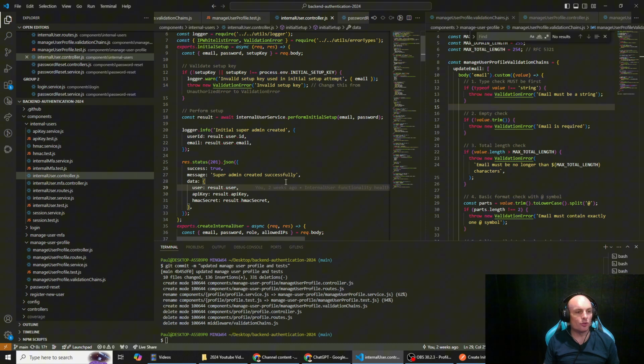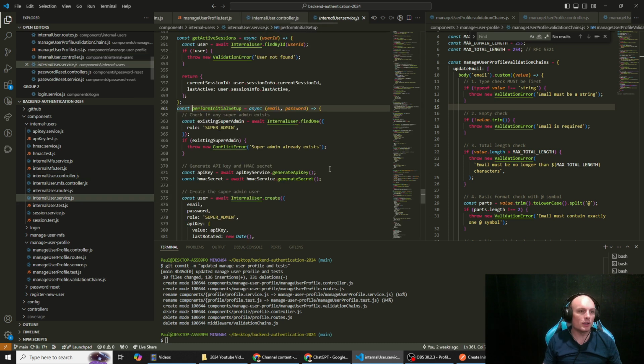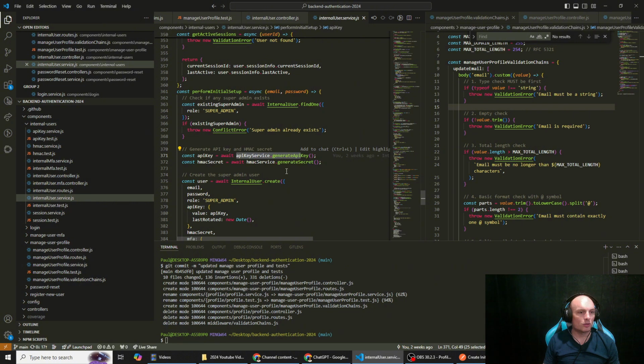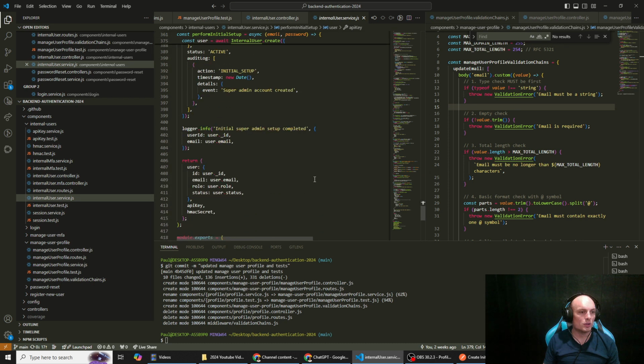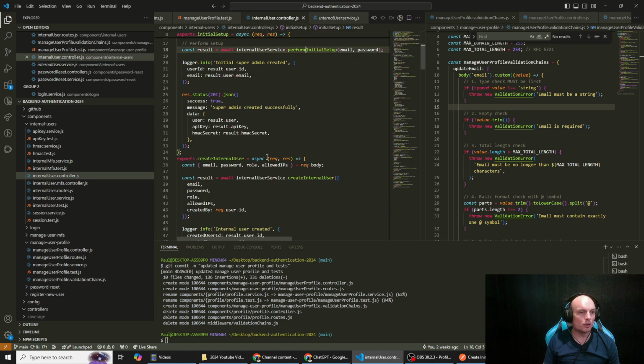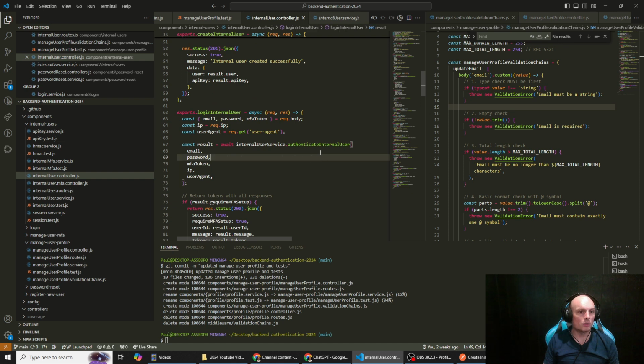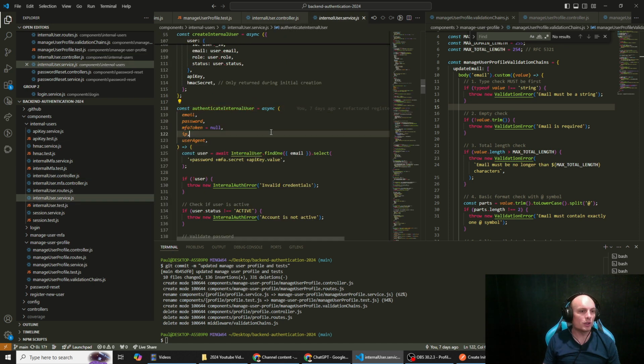It's going to be quite hard to compartmentalize this functionality, I think. So like initial setup, create API key, generate secret. And then, for example, when we create login, so authenticate,